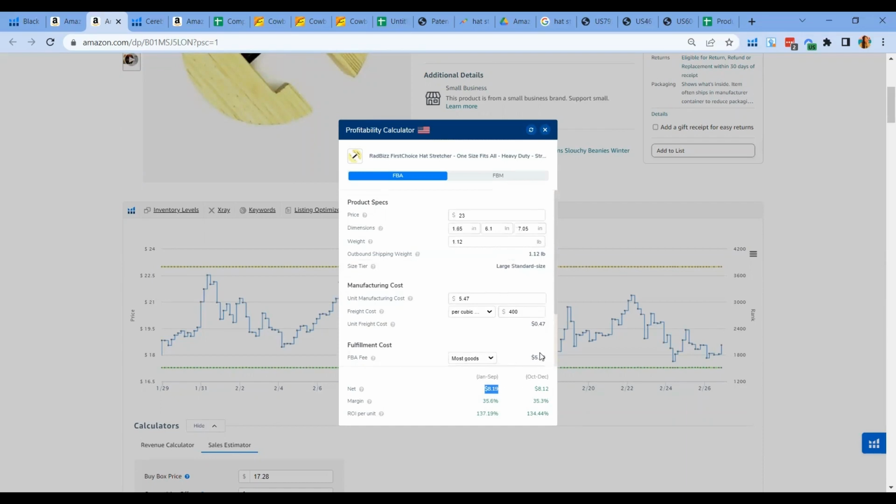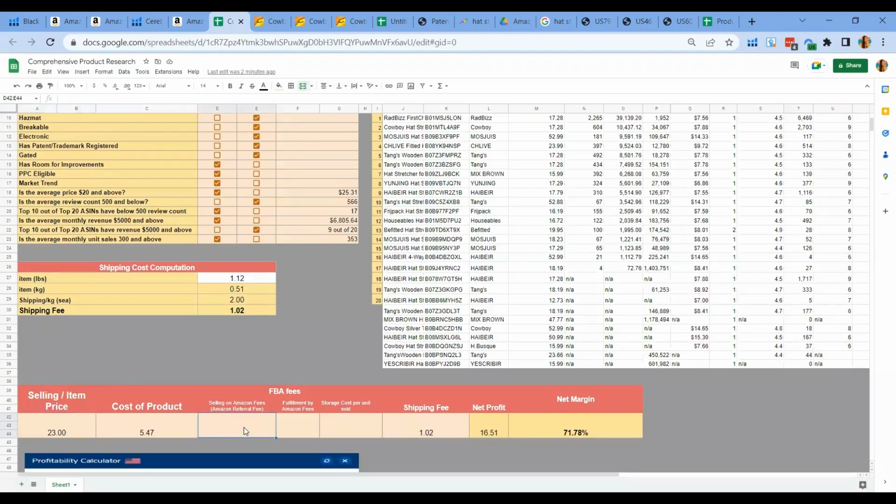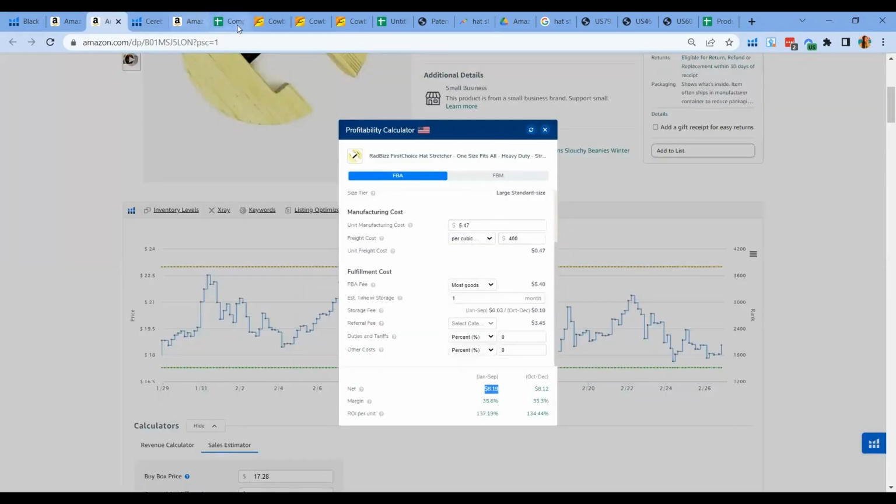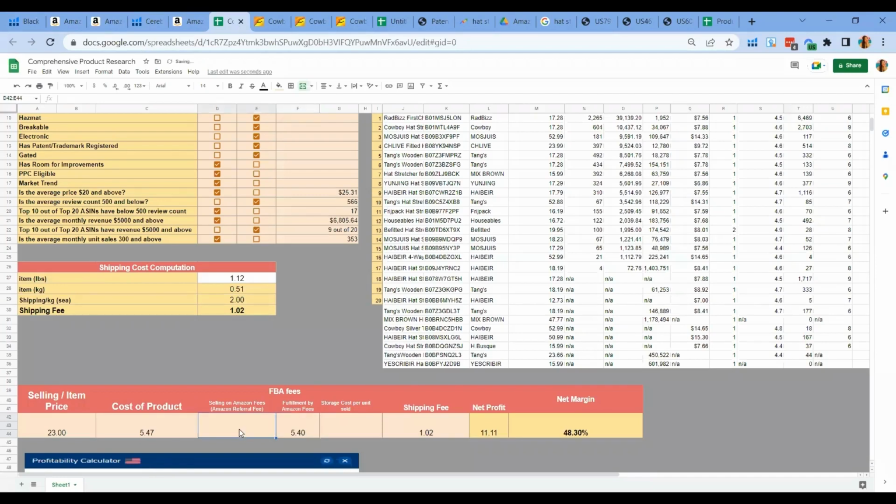So what you're going to do is copy the results here, although it differs quite a bit. So you have FBA fee of $5.40 and an Amazon referral fee of $3.45. And storage cost, you can also find it here.